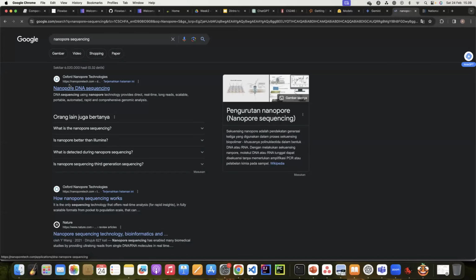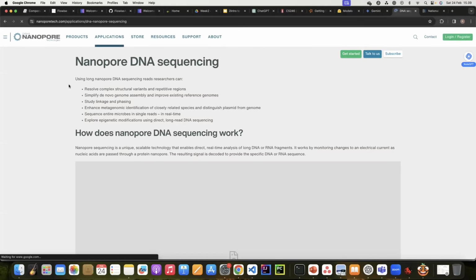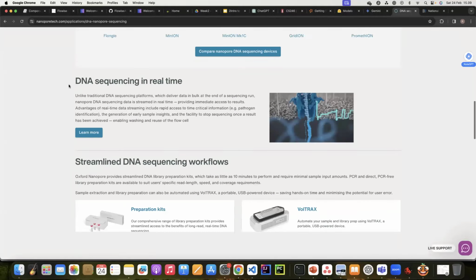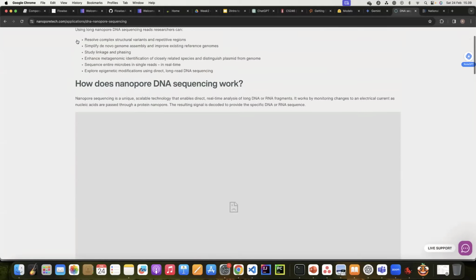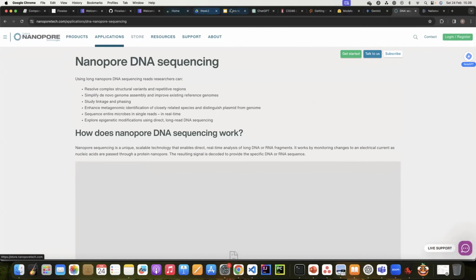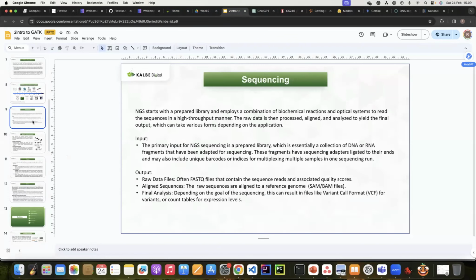Okay, DNA sequencing. Nanopore, 10x Genomics, and Illumina are the major devices. And you can see the devices are getting much, much cheaper. Okay. So the sequencing process starts by preparing the library of DNA or RNA and combines many processes like